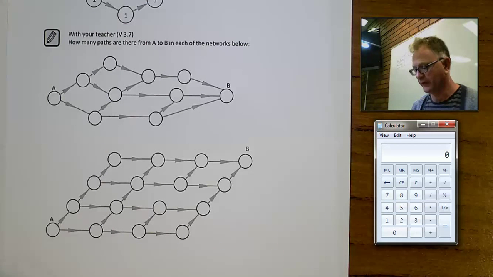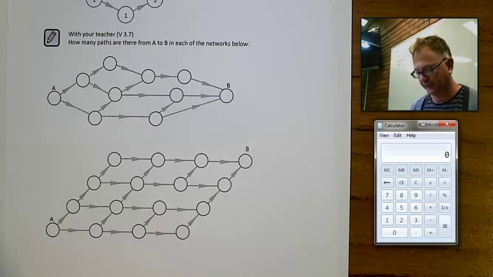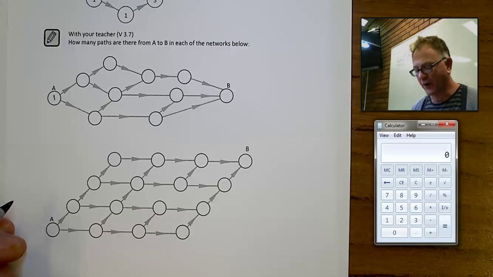In this video we're looking at the question, how many paths are there through a network between 2 points? And the algorithm we use is a little bit like the one we used in the last one, only in this case at each vertex in the network we're asking ourselves, how many ways are there of getting to this point? You'll always start off with a 1 in the first one because there's one way of getting to that